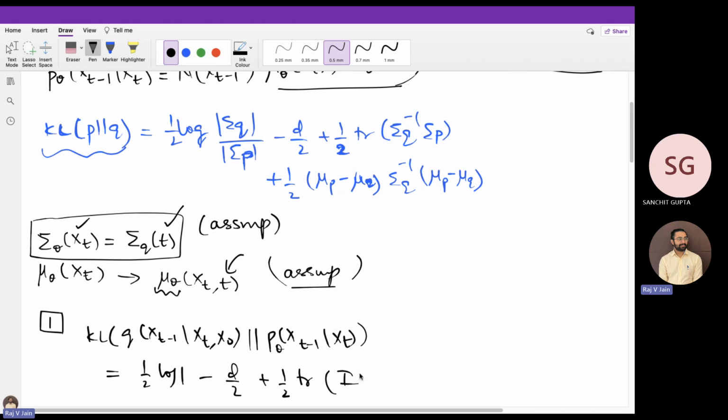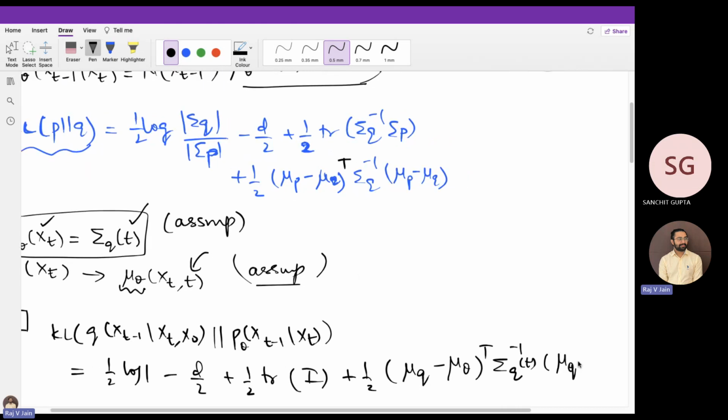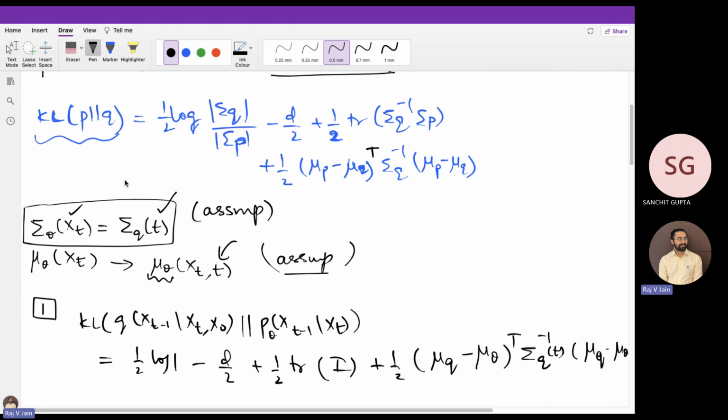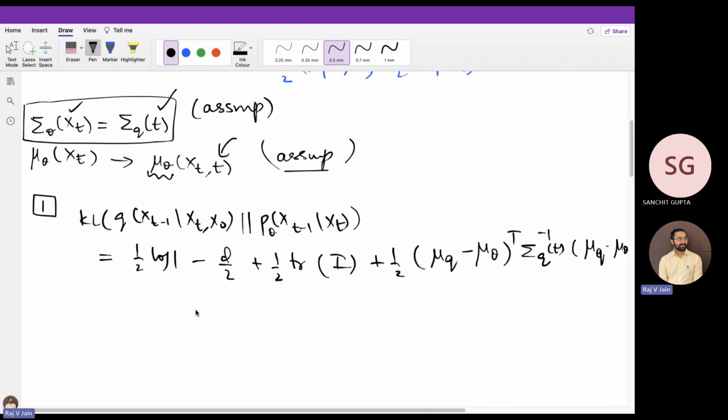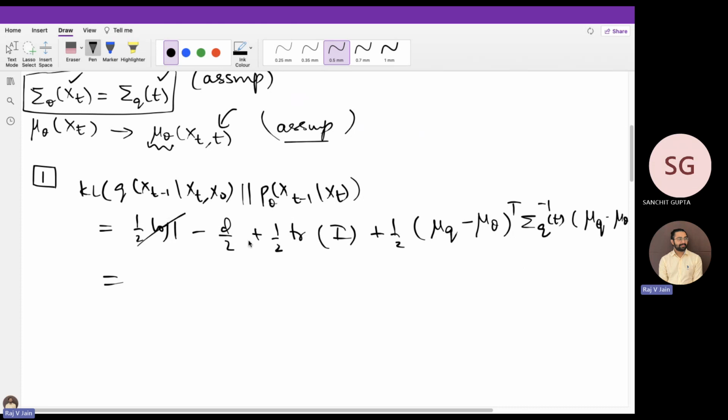So it just turns out to be an I matrix, plus half of mu q minus mu theta transpose and sigma q inverse, that is again the same sigma q inverse here of t, and then the same thing, mu q minus mu theta, right? And then this all goes out to 0. Trace of I is d, so d by 2 minus d by 2 is 0, and this turns out to be half of